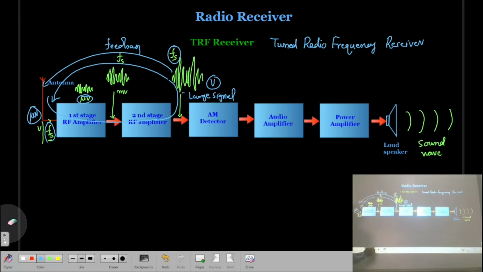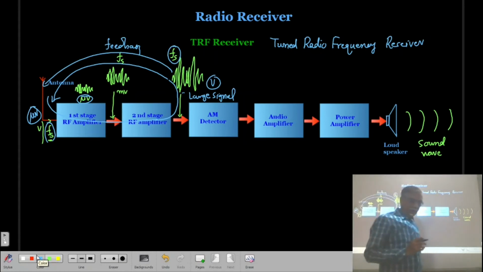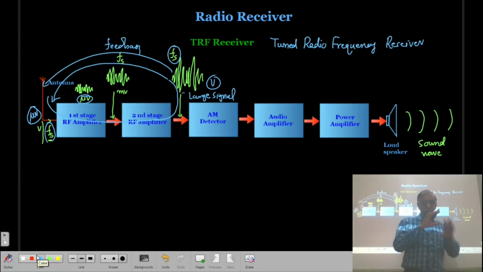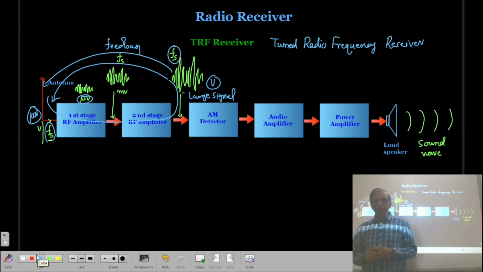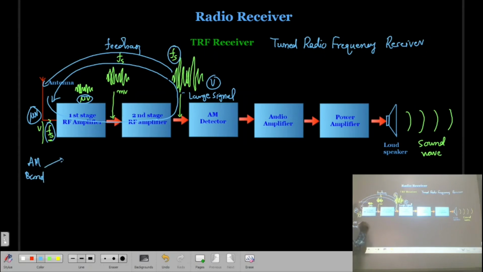Okay. For that, now you should understand that whatever radio we have, if you see your old radio, then you will find an AM band. In the AM band, we have a medium wave band and a short wave band. Correct? We are talking about the AM receiver. Remember.